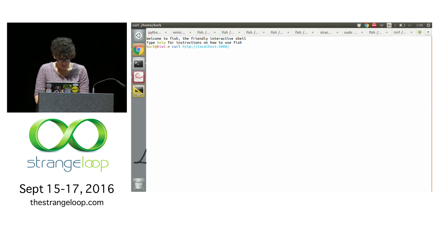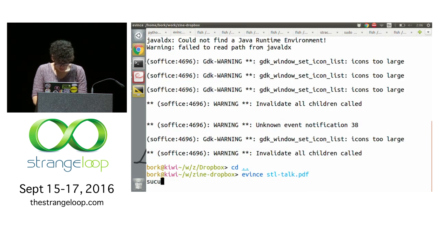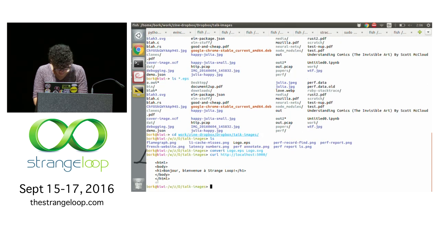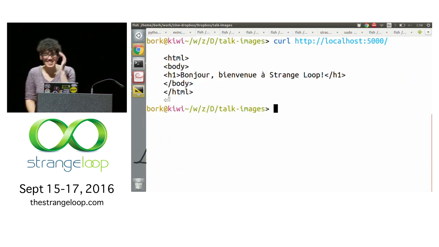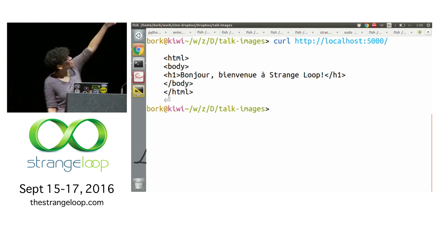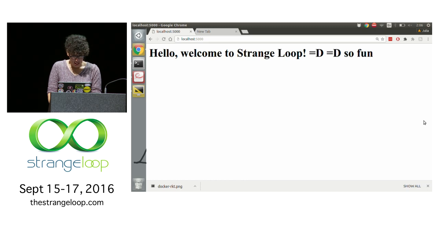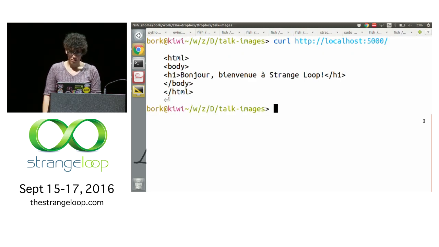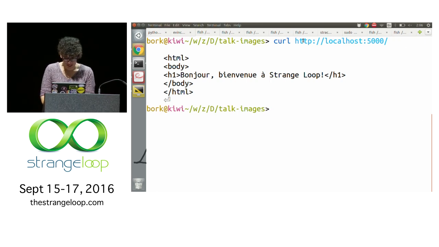If I go to it in my terminal, what? Why doesn't it work? Then it hates me? Is that what's happening? Let's find out what's happening. OK, now it works. No problem. So if I get it with curl in my terminal, then it's in French, right? But this is the same website, right? It's in English here, and it's in French here. So what's happening? Why is it doing this? I don't know. I'm upset.